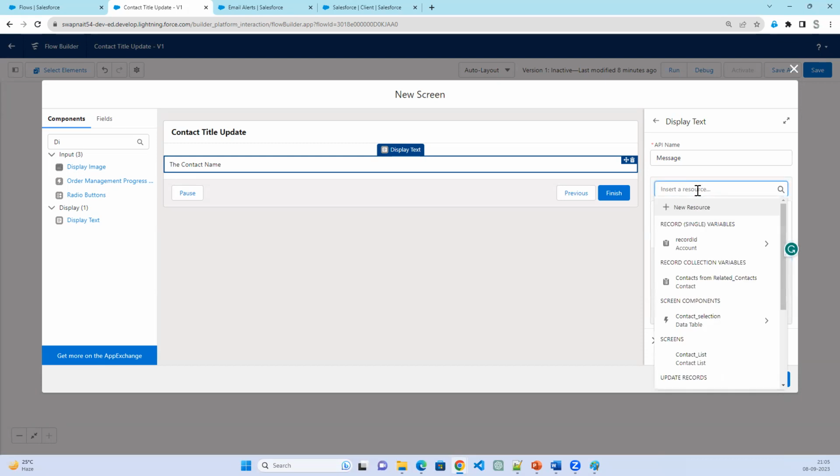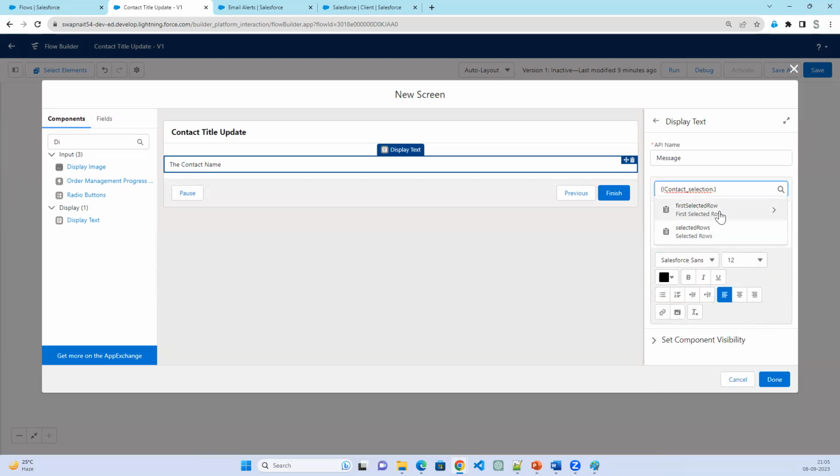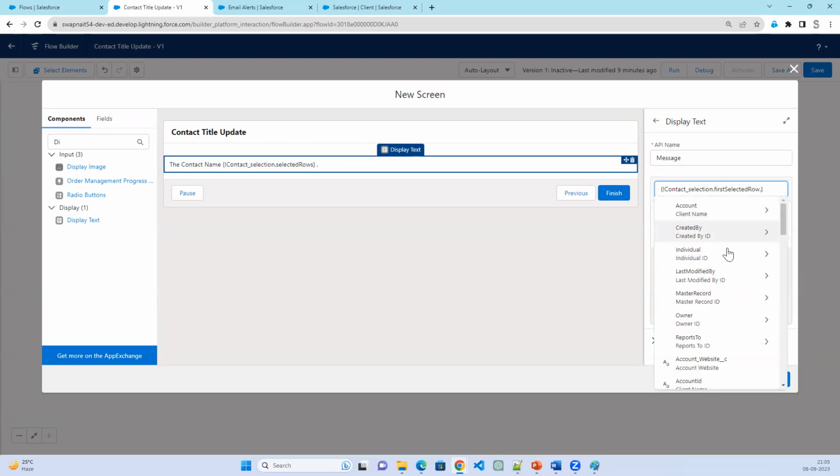Contact name, I can get it from whatever the contact selection is there in the data table. From that, I can select whatever the first row is there, the selected row. Let's take the selected row, and comma. Also, again, you wanted to get the contact selection, first row, and if you want to display maybe the contact name,